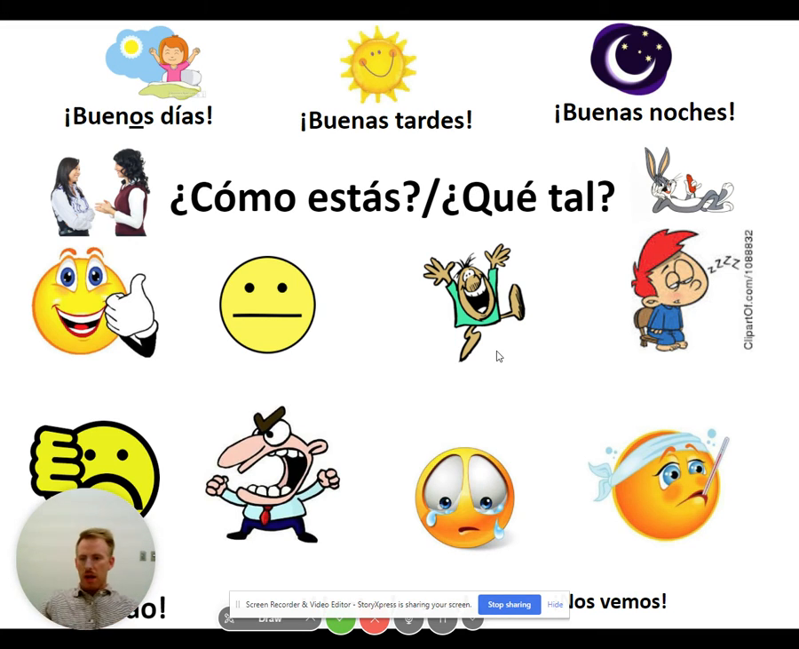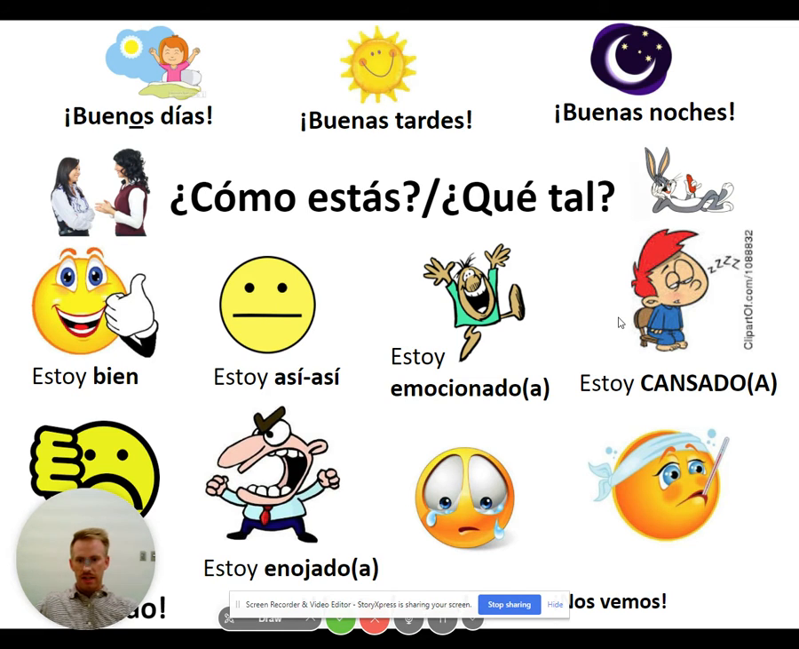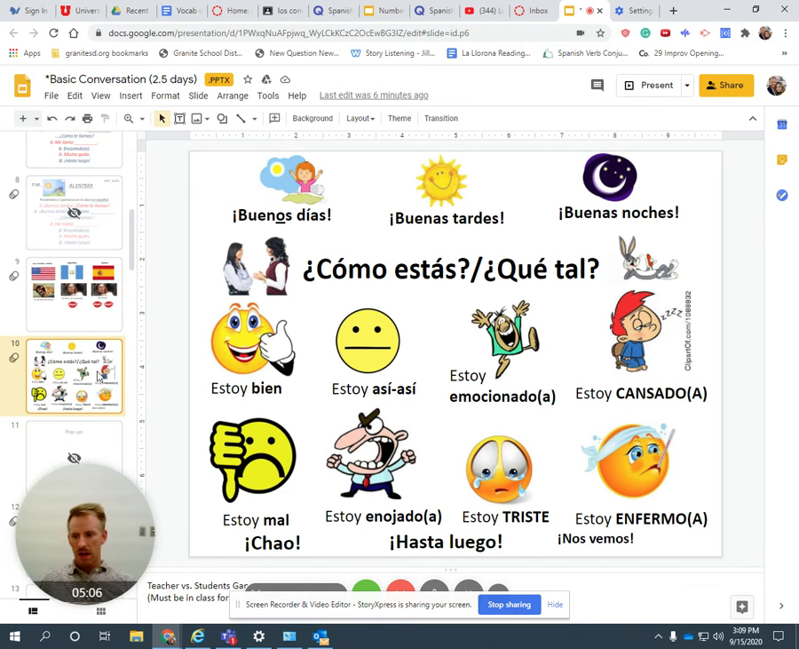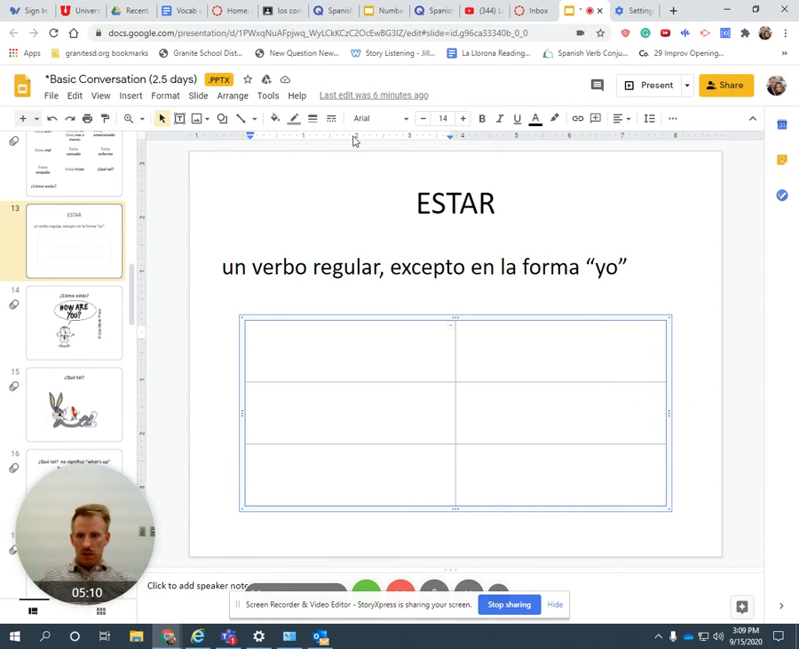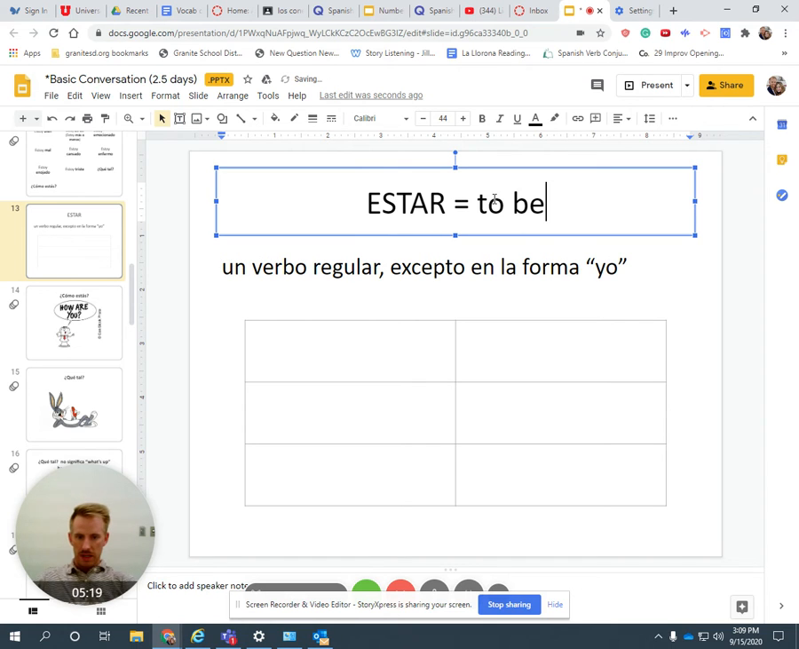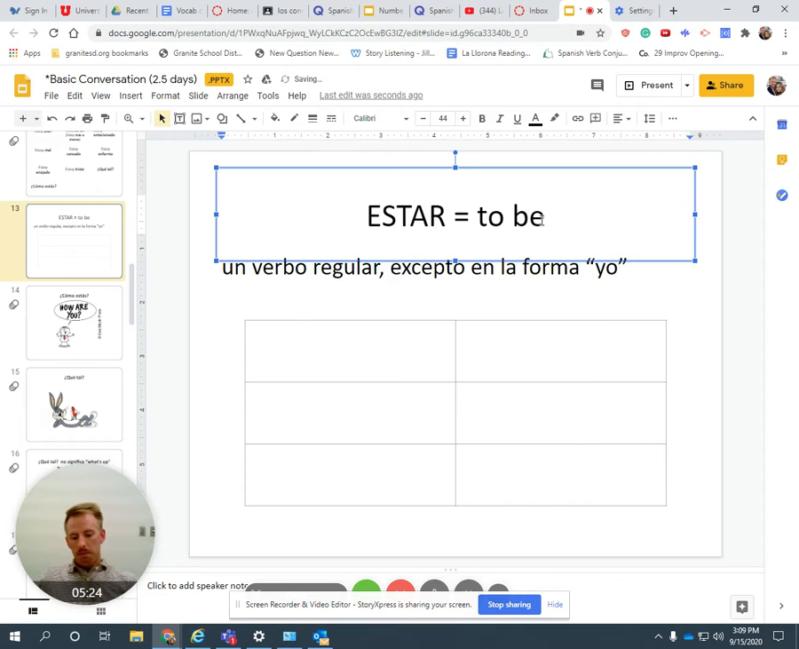Ok, la pregunta del día. ¿Cómo estás? Estás viene de la palabra estar y voy a cambiar esto aquí a estar. Okay. Nuestro primer ejemplo de conjugación. This is going to be an example of conjugation. El verbo estar significa to be. Okay? Significa to be, but only for emotions,